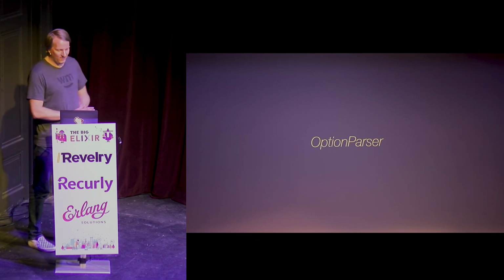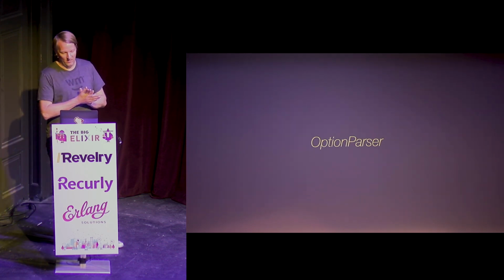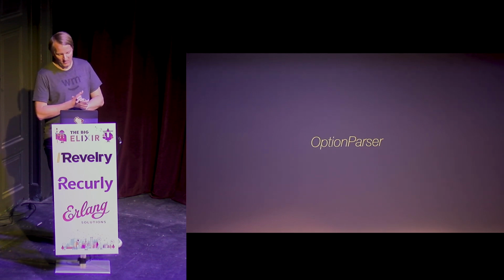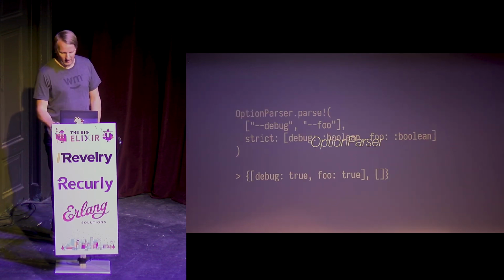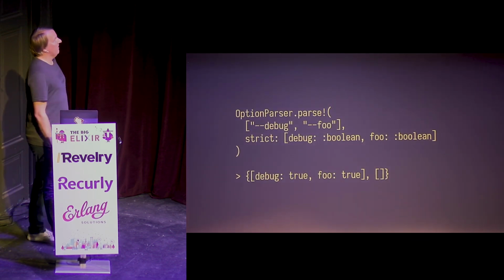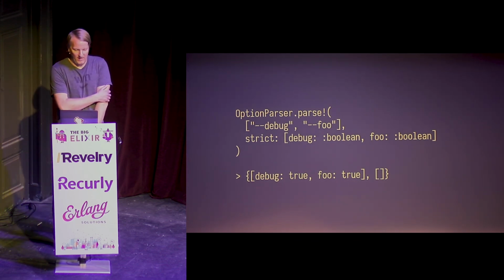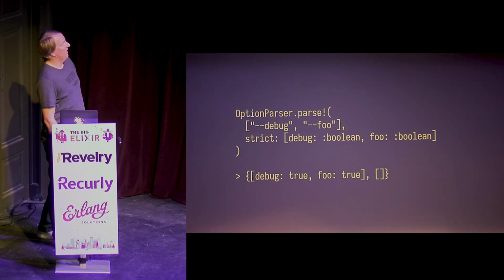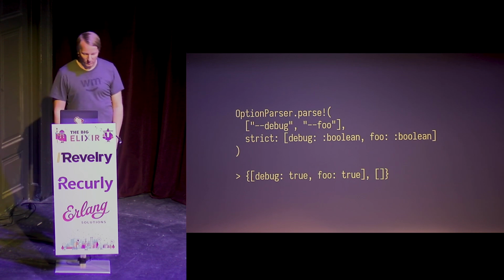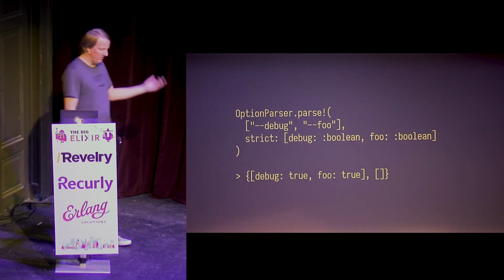All right, next, the option parser. Technically, this is part of the Elixir standard library. This isn't actually in the Elixir mix project, but its usage is basically just for mix. And a lot like what it sounds like, its main function is this parse function, and what it's designed to do is take arguments in from the command line, as a list of binaries, and encode them in a way that you can use them as a keyword list.